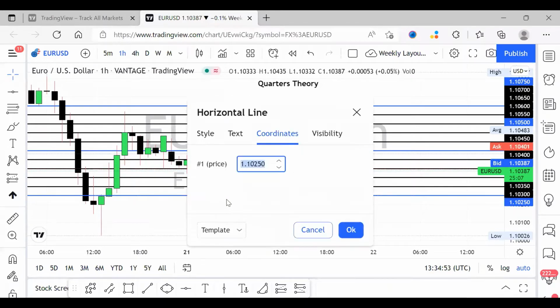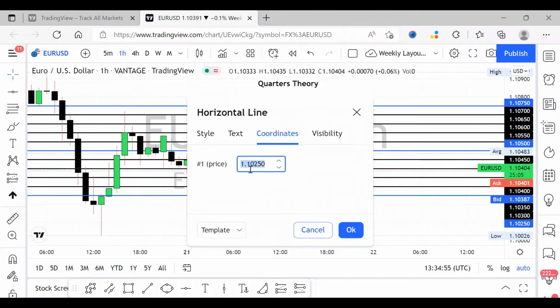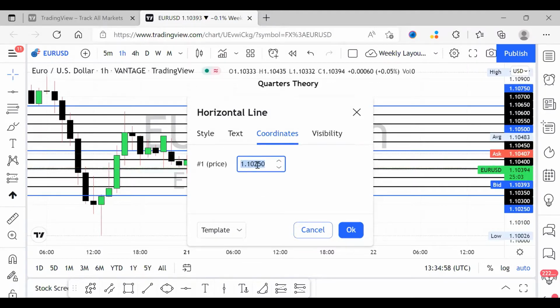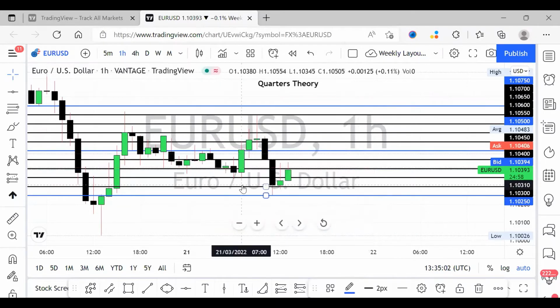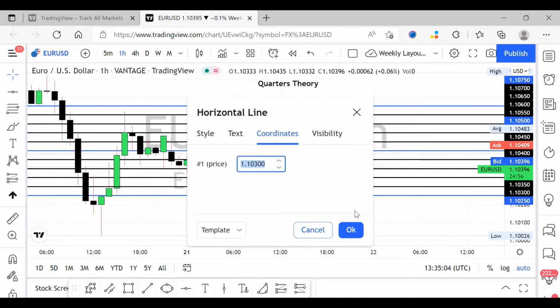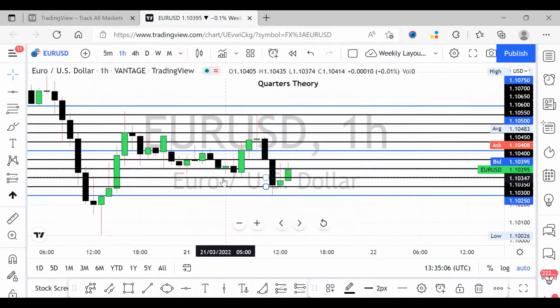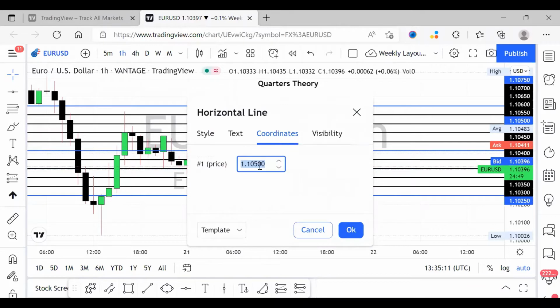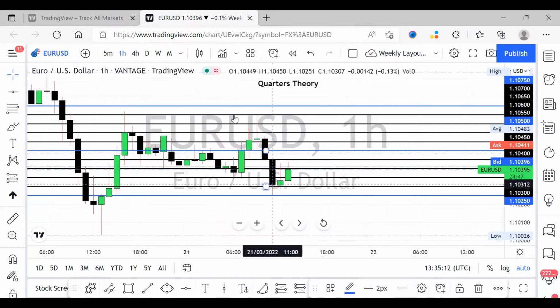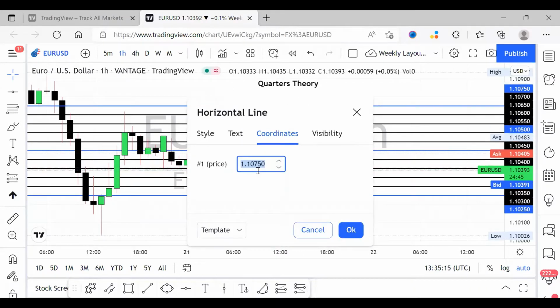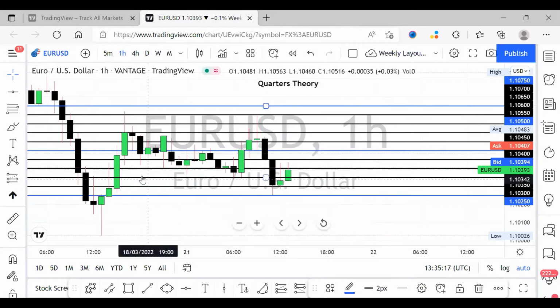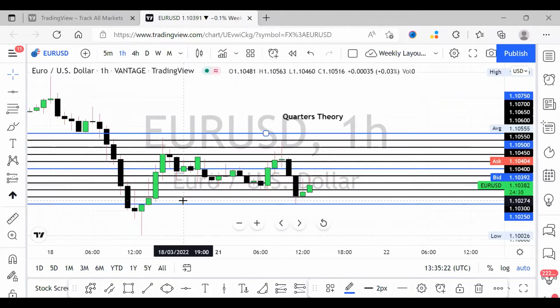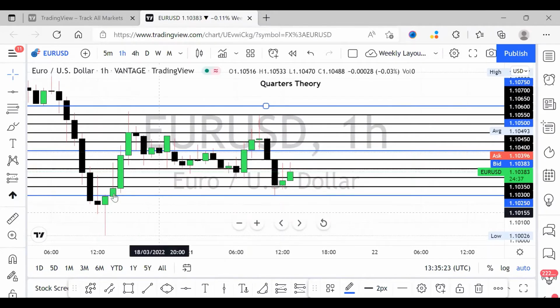So if you look at this particular one, it starts at any particular number but 250. Okay, once it goes that, we go to the next one, we add just 50 more. We keep on doing that until it goes to the next 250, which is indicated in blue. That's in 500. And then it goes to the next one, which is in 750. Okay. So the main reason why we want to learn this is to learn and understand how price reacts to these lovely